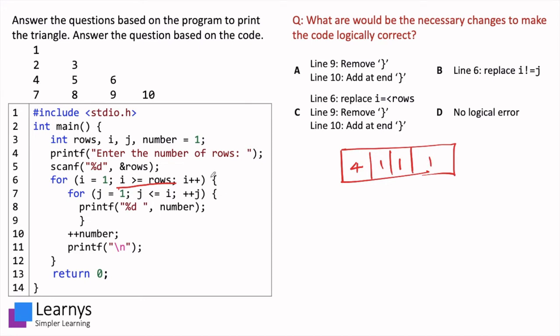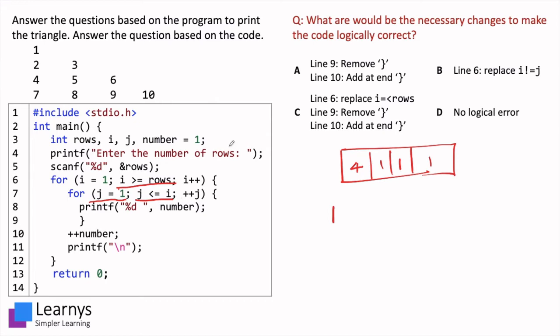Okay. For every j value, while j is less than or equal to I, which in this case they're equal, print number. Okay, we wrote number as 1, we increase the value of j to 2, the loop exits, and the loop has been completed.